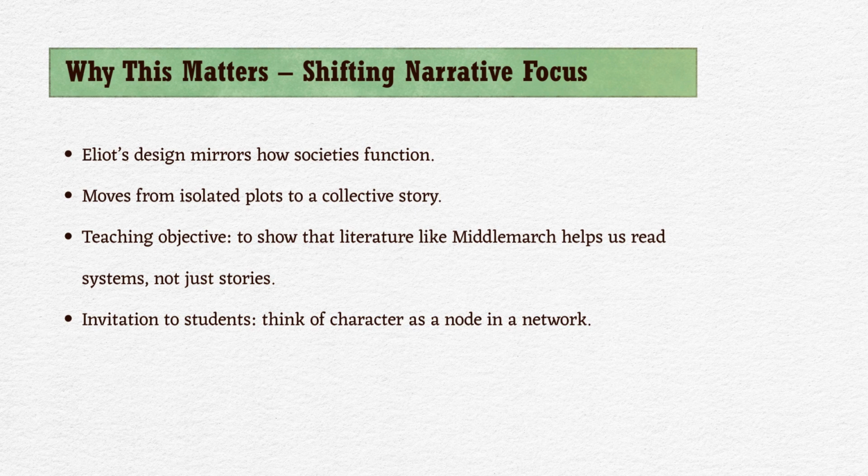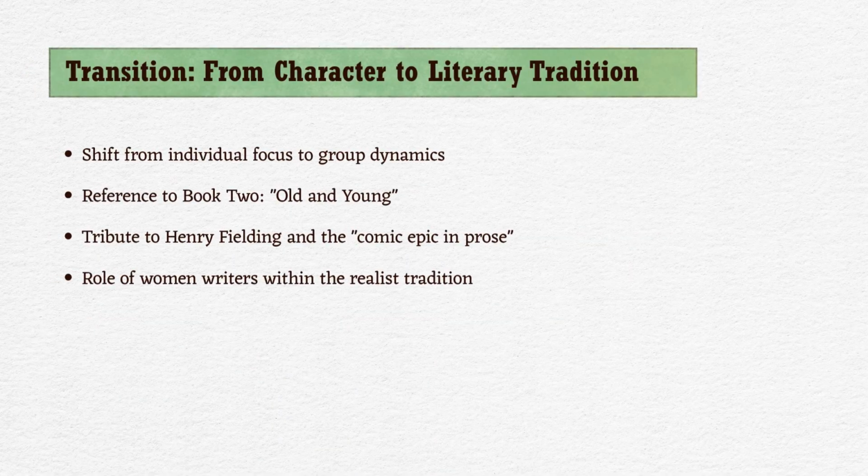In the previous sections, we explored the intricate lives of individual characters. Now we broaden our focus to examine how Middlemarch engages with the larger literary tradition. The title of the book, too, Old and Young, shifts the narrative from an individual focus to a broader examination of contrasting groups. This group-centered approach provides us with valuable insights into Eliot's narrative craft, and chapter 15 in particular